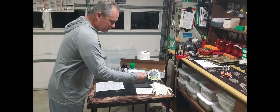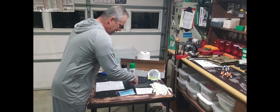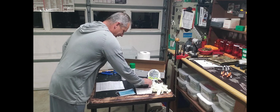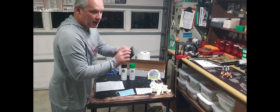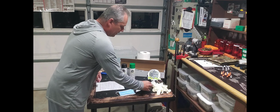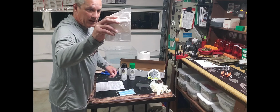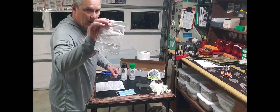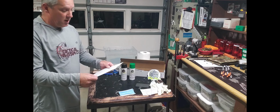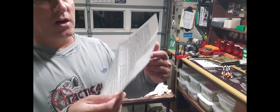The starter kit comes with a mask. You'll see I didn't wear a mask. It comes with gloves. You'll see I didn't wear gloves either. It comes with a Brillo pad to kind of rough up the section that you're going to paint. And then it comes with, I think it's a dust-free cloth in here. And I've got some that I use in my shop, so I didn't open this packet up. But the kit is ready to go. It comes with instructions,